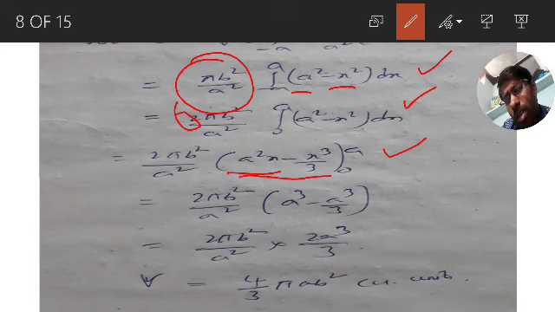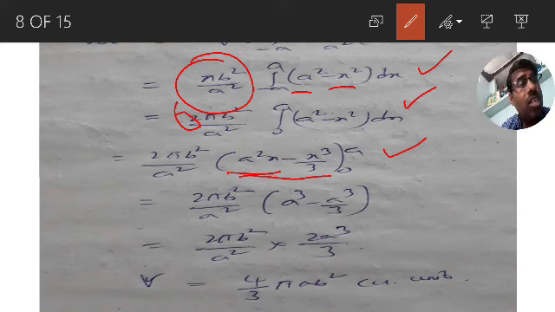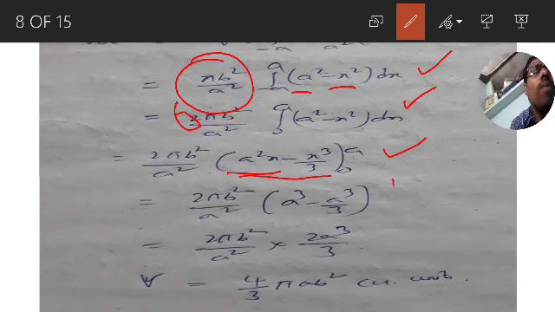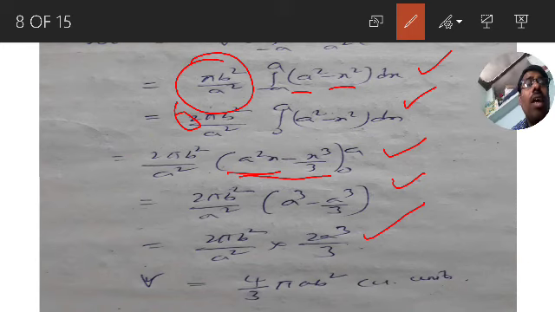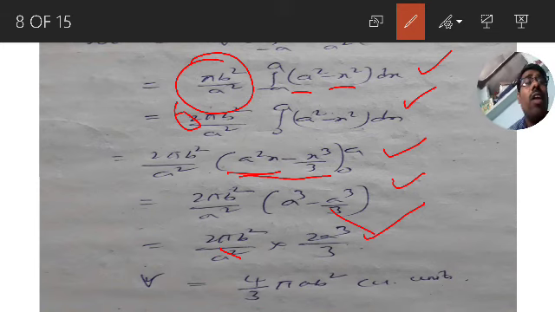So what does the fundamental theorem of integral calculus say? To find a definite integral, first do integration, then apply upper limit minus lower limit. So upper limit is a square into a cube minus a cube by 3, and lower limit is 0 minus 0, it is 0. So only upper limit: 2 pi into b square by a square into a cube minus a cube by 3. Take LCM. 3 into a cube minus a cube is 2a cube by 3. So 2 into 2, 4 by 3, a square and a square cancel. So the volume generated by revolving the ellipse is 4 by 3 pi a b square.